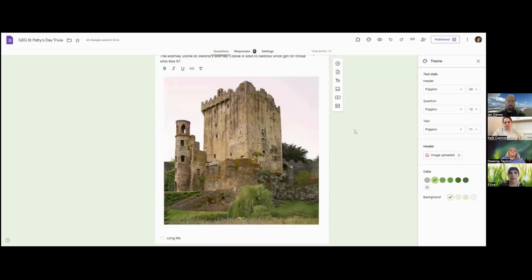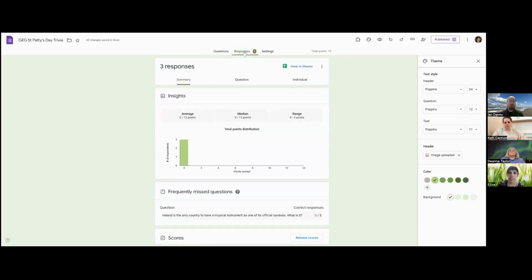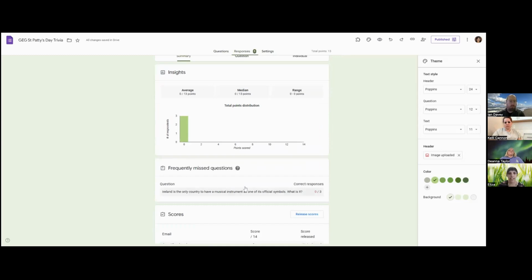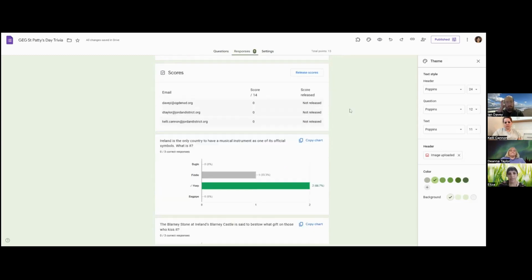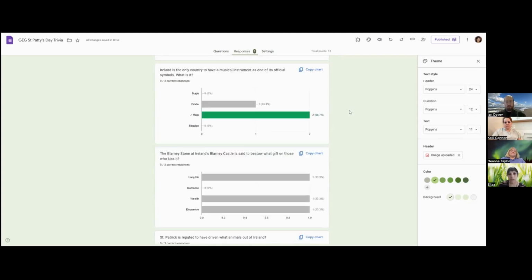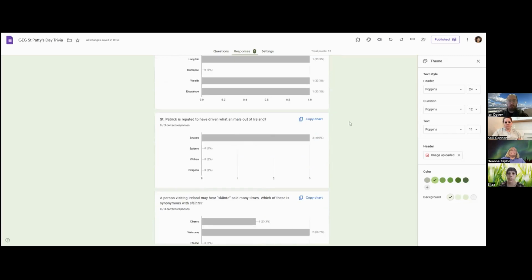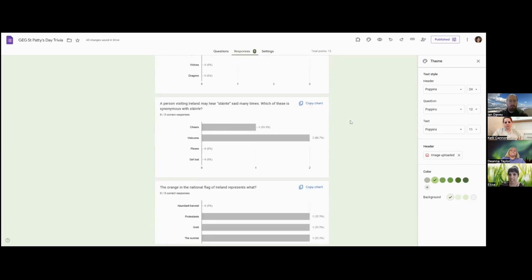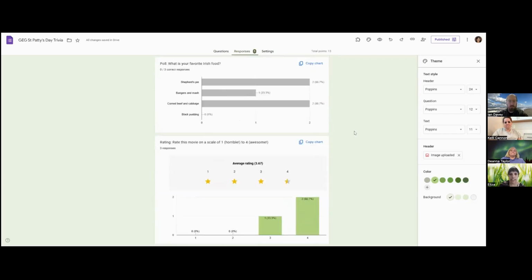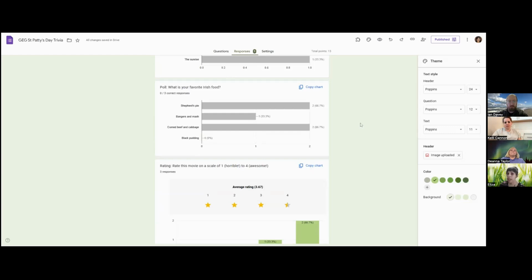And then the last thing I want to show you on this particular form is looking at your results. I like how Google Forms does a great job of showing you that data, giving you some averages, showing you maybe what questions were missed more frequently, what students did well on. So this will help you go back and reteach those concepts that students aren't quite getting. And then in regards to our survey questions, we can see here that nobody in this group likes black pudding, so maybe we don't offer that at our parent-teacher conference event. That's a stretch, but you see where I'm going with it.